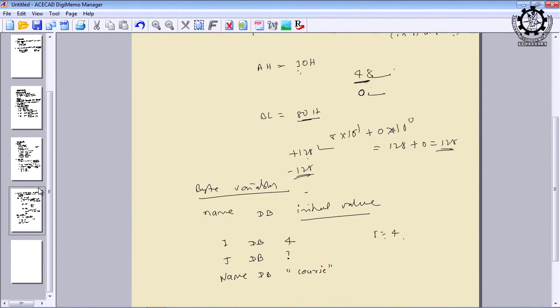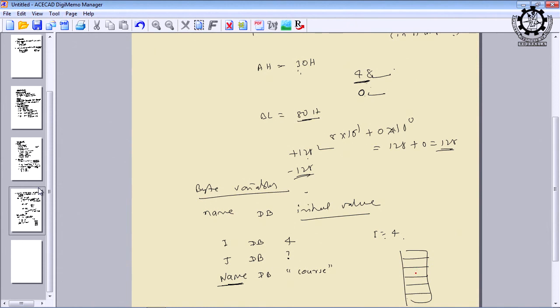It is not an integer. You can also assign a string, or a set of characters. So, how many characters are here? 6 characters: 1, 2, 3, 4, 5, 6. These 6 characters mean 6 ASCII values, and every ASCII value takes 1 byte. So 6 bytes must be reserved. It is not 1 byte. Am I clear? So 6 bytes will be reserved in memory for the variable name,